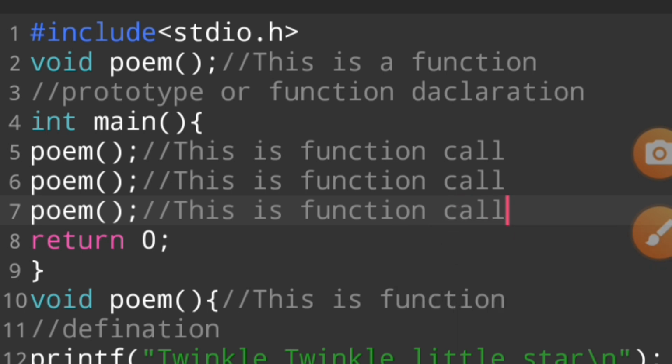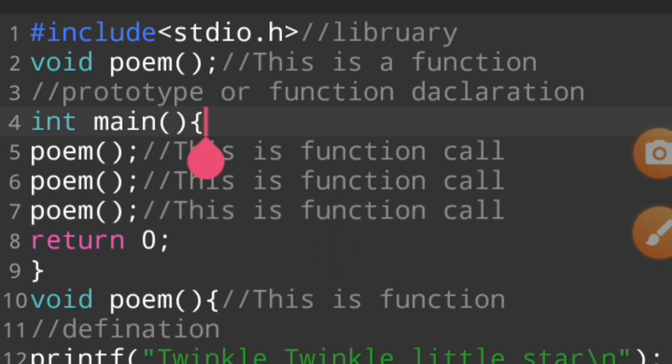First of all, we make a function. We use a void function, and this is a function prototype. First of all, we declare a library. It is not a function, it is a library. In this library we can use the printf and scanf functions, so that's why.